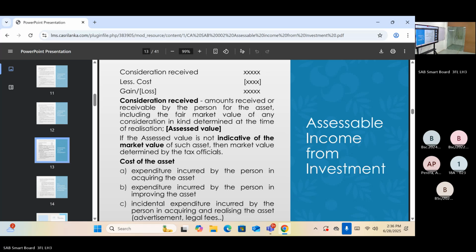Any investment asset acquired. That's the cost, right? Cost of asset. Any investment asset acquired prior to 30th September 2017. Under that,